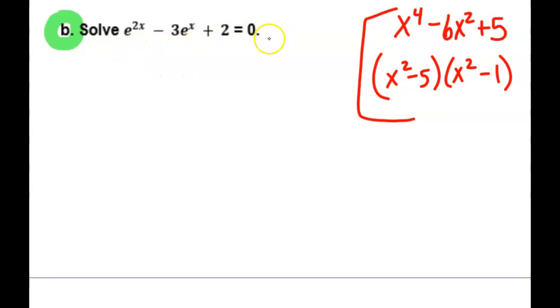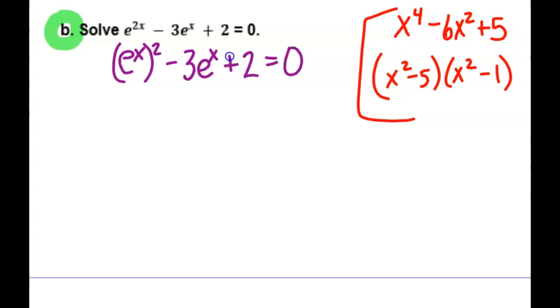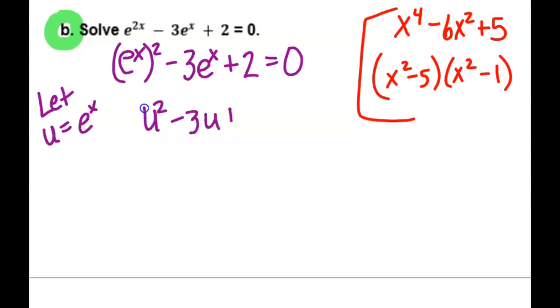This is somewhat similar. It's just a little bit harder to understand for many. This is an e to the x squared. Everybody get that a 2x right there could be written that way. And then this is a minus 3e to the x plus 2 equals 0. For many students, this is easier to understand if we just do what we call a u substitution. I'm going to let u equal e to the x. So then this becomes a u squared minus 3u plus 2,